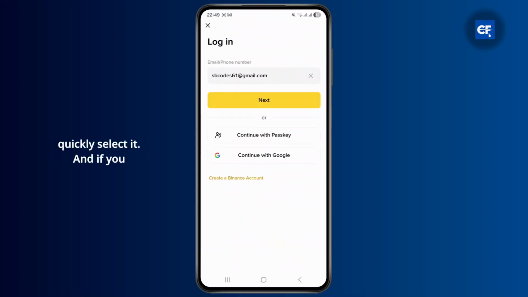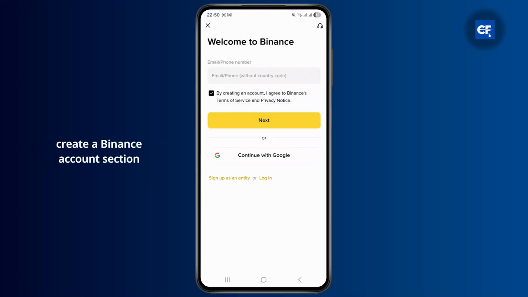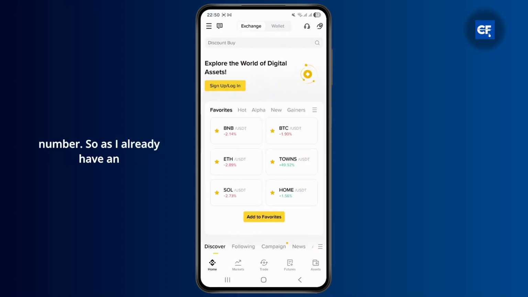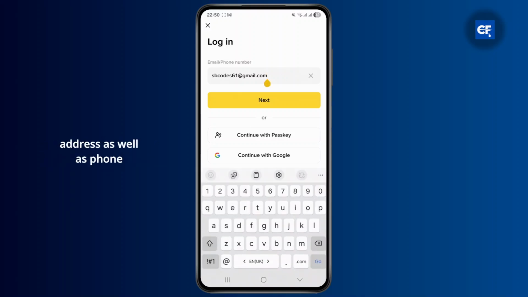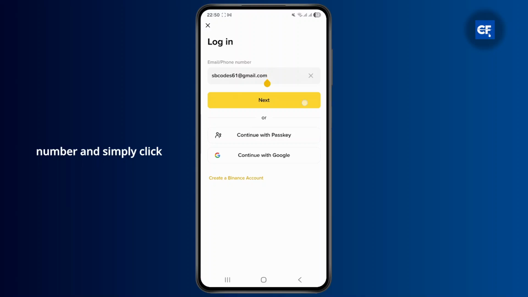Let me just quickly select it, and if you haven't already registered an account, you can just head over to this create a Binance account section over here, where you can easily register with your email or phone number. As I already have an account, I'll simply head over to login instead of creating an account from scratch. From over here you can enter your registered email address or phone number and simply click on next,